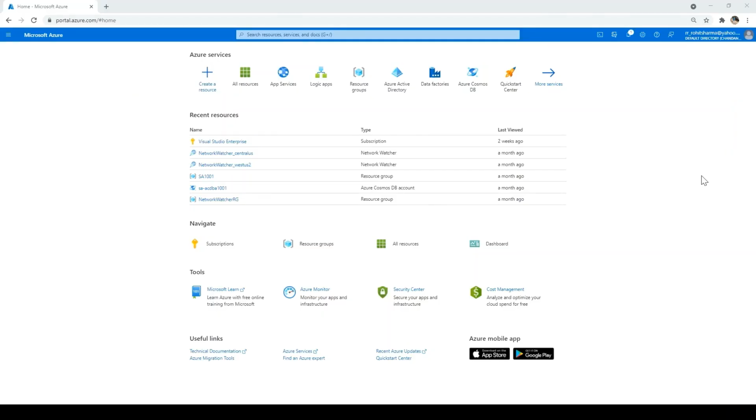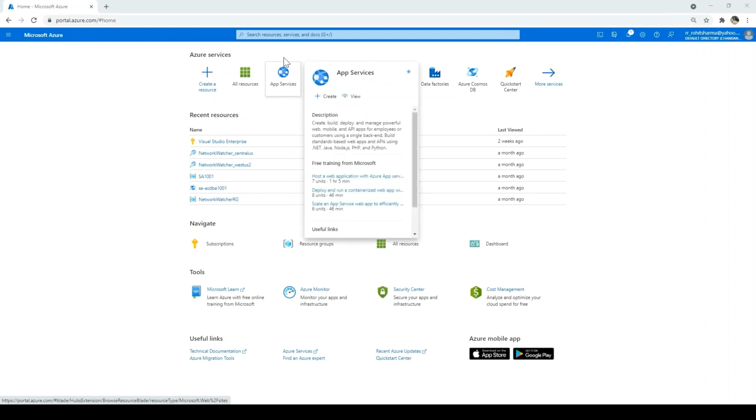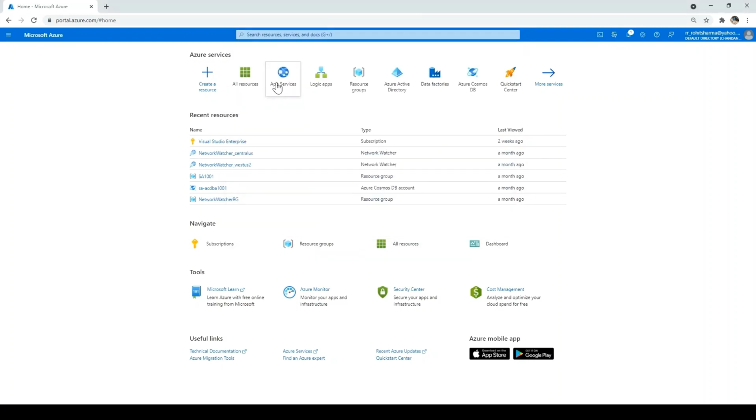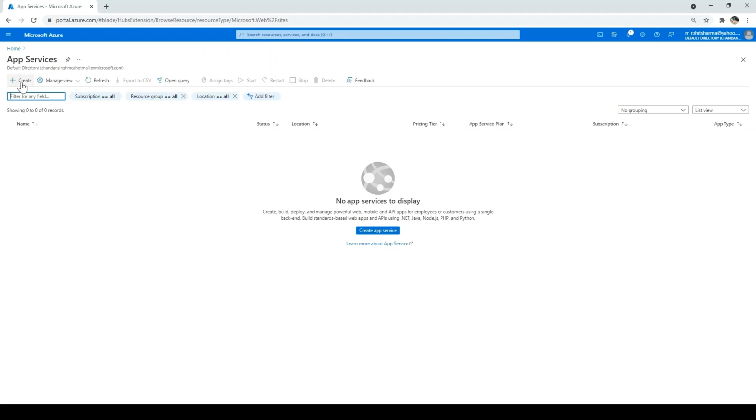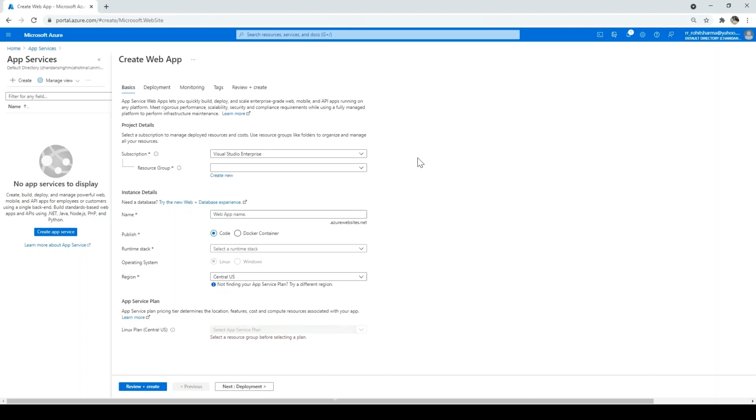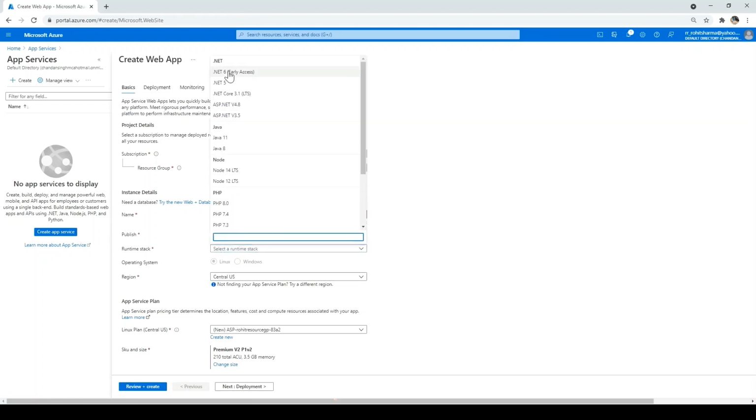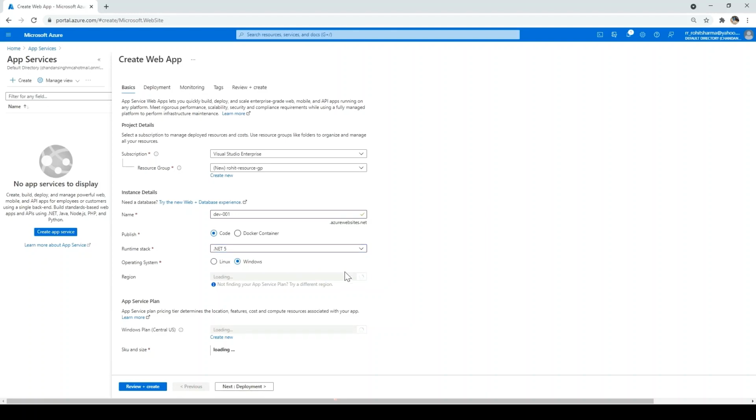Now next we will create the project in the Azure portal. I am in portal.azure.com. I'll click on app services, and if this option is not coming, you can just type in the search bar. So I'll click on app services. Then I'll click on create. And I have to fill in some information. First is the resource group. So I'll create a new resource group. I'll say Rohit resource group. Click OK. And name I'll say dev001, runtime stack .NET 5, and region I'll select East US 2,